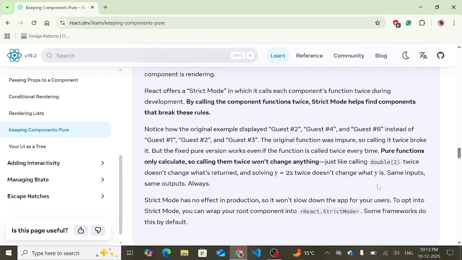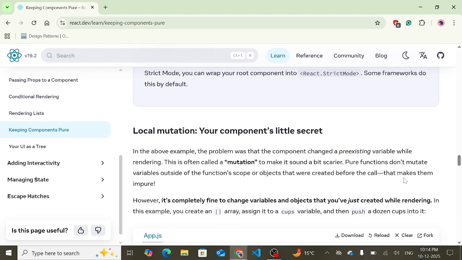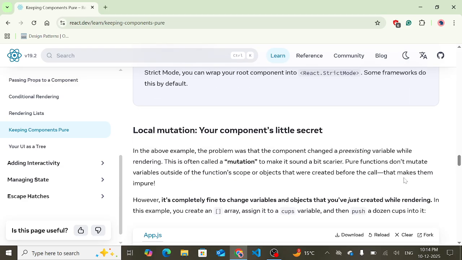So basically, in our case, the guest number 2, guest number 4, and guest number 6 we're getting instead of 1, 2, and 3. That is where the component broke, because it was not pure. Okay, so this is the idea. Now, so this is called a mutation, that you are basically mutating a pre-existing variable while rendering. Okay, so